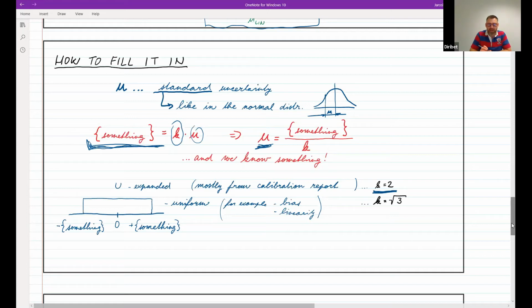Usually it doesn't matter. The only point where this is different is the resolution. If you think of the resolution of the measuring device, let's say 1 millimeter, it is the full length of this uniform distribution, not the half length of this. All right, I will now give floor to Martin Motička, who will show you how this is done in Yarvin, how these uncertainties are inserted in Yarvin. Martin, please go ahead.